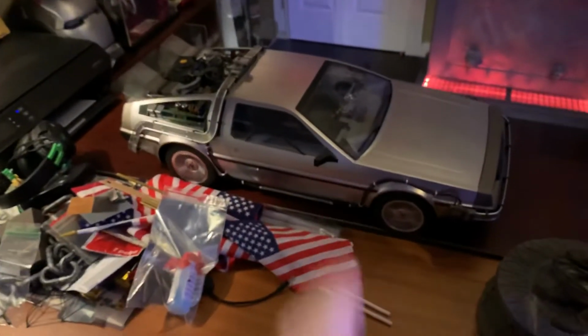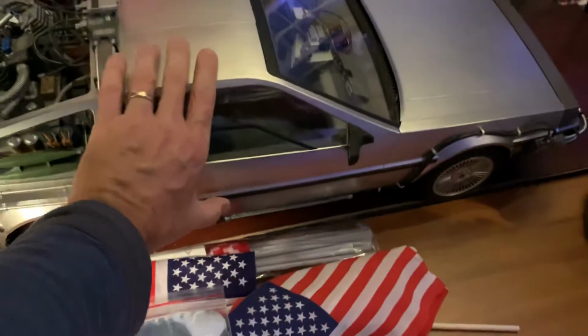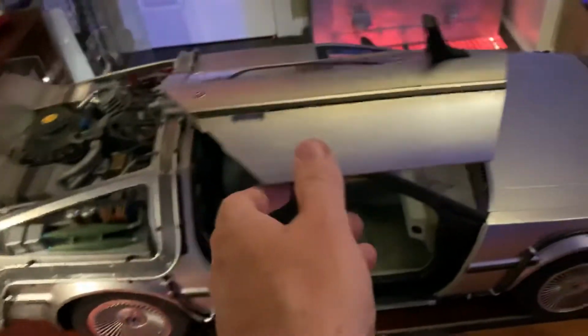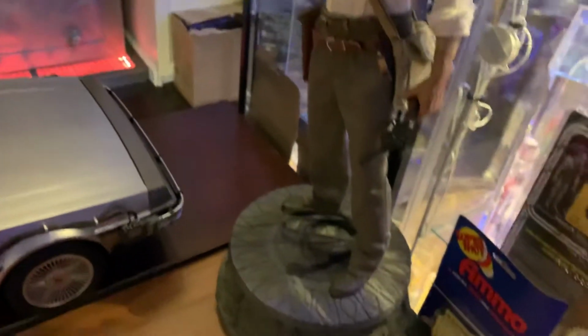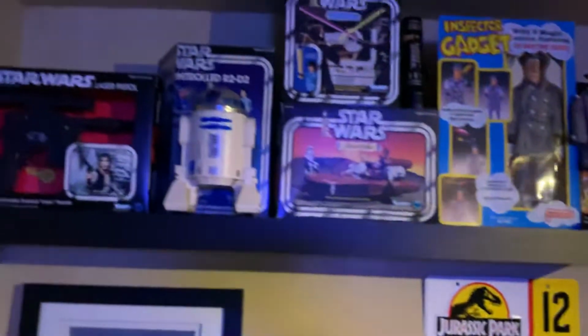And of course my 1/6 scale DeLorean from Sideshow, which is pretty amazing. One second here. So that's about 3 feet long. And my Indiana Jones Sideshow statue. There's the Han again. And my Explorers, I'll show you those in a minute, but